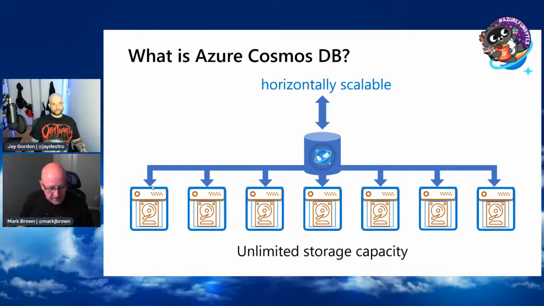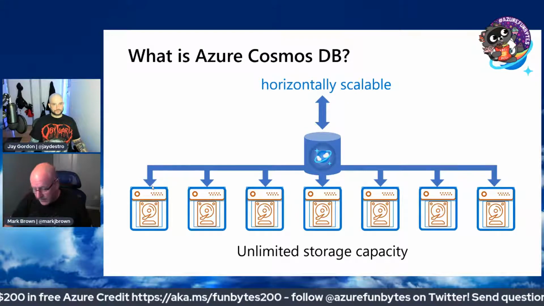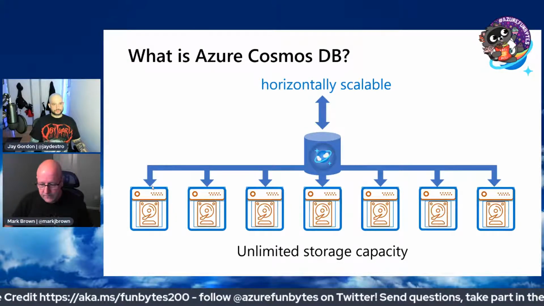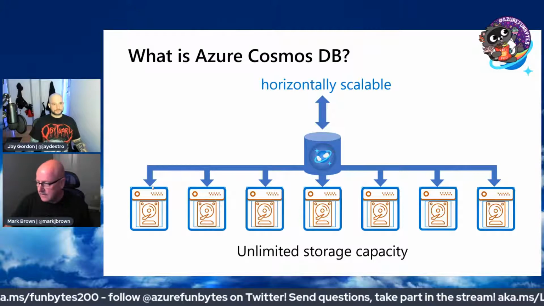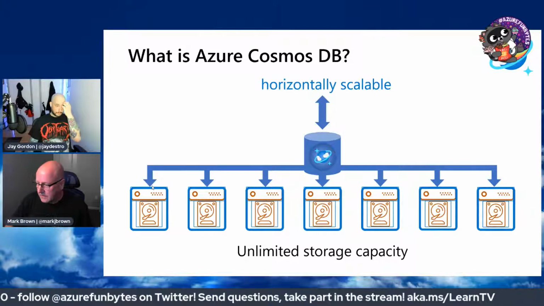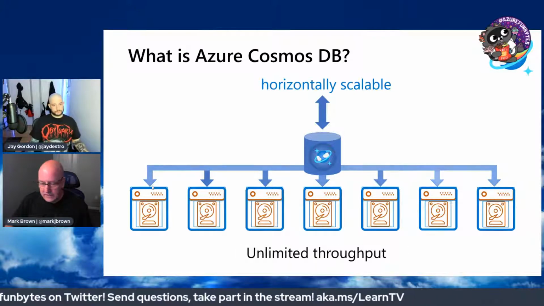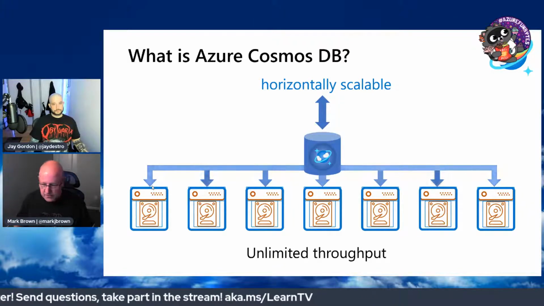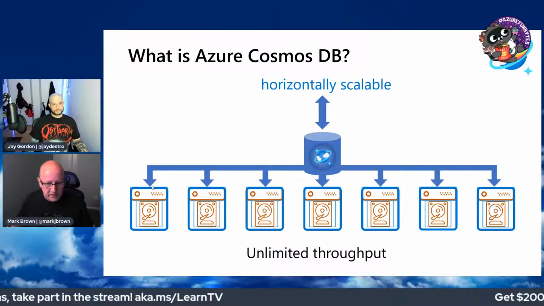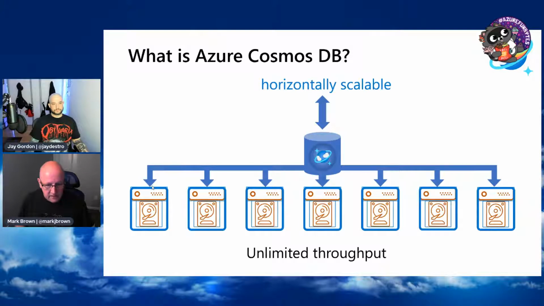What's nice about this is that with a scale-out database, you can practically have an unlimited amount of storage. Theoretically, the amount of storage you can have in this type of database is infinite, or just bounded by how many servers you can have in a data center, or an Azure cloud. The other cool thing is as you keep adding servers, you can increase the throughput, which means you can process more data, and do that all at the same time because they're all going to different servers, right?